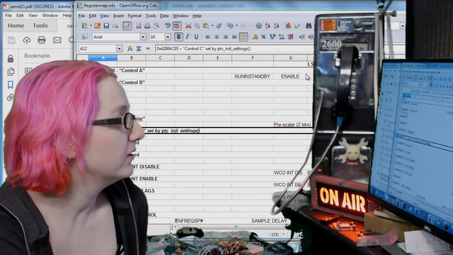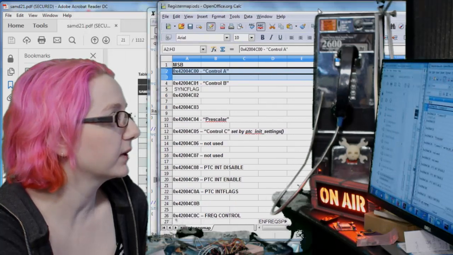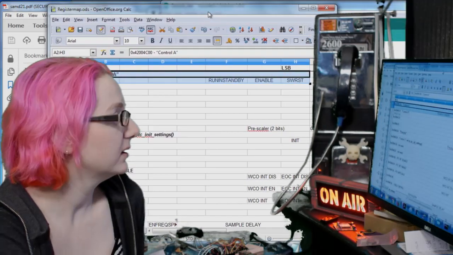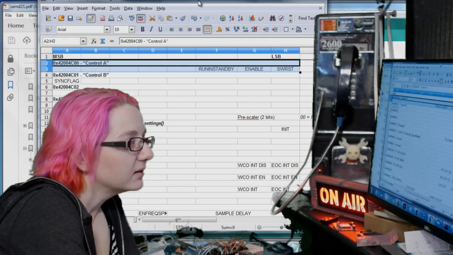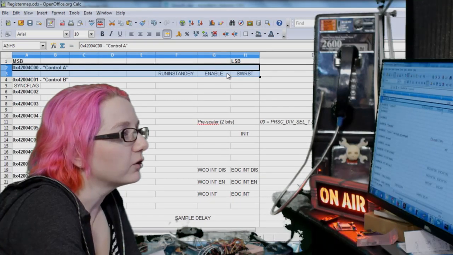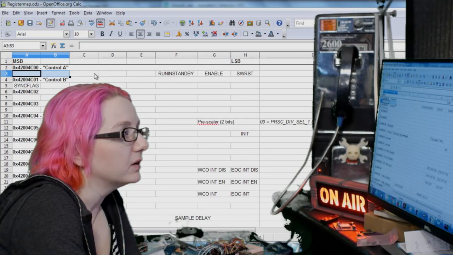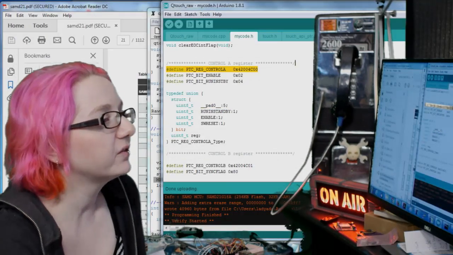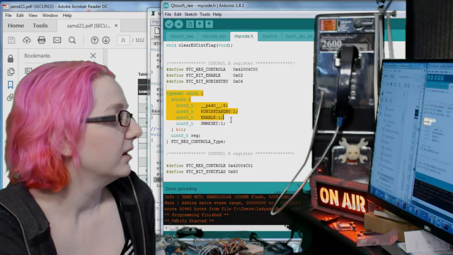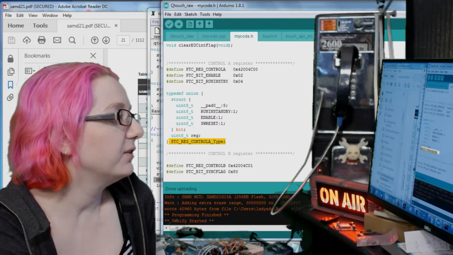And this just matches what I found by looking at the code, and so you can see down here this control A register, and I found that these were the bits that were used. These 5 bits were not used in my spreadsheet. So this is just the C language method of talking about this. And then basically you create the type. And at the very bottom,